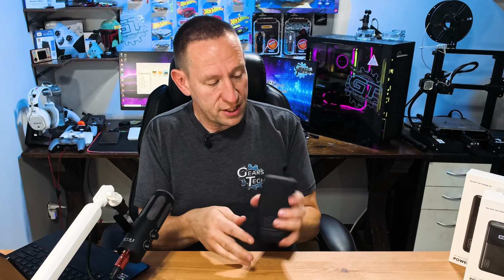Now the in, out one says 100 watts. So that will do up to 100 watts out through the USB-C port. The other one is a 45 watt out, and then the other one is a USB-A, which will do up to 18 watts of out. Now I told you guys I wanted to be able to charge my laptop with it. So I'm gonna be using most of the time the up to 100 watt out so that I can actually